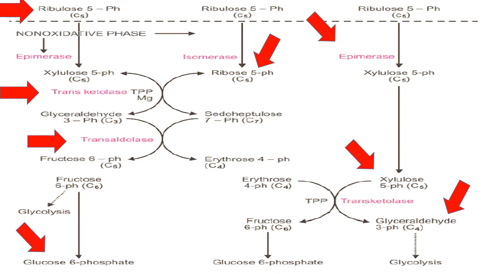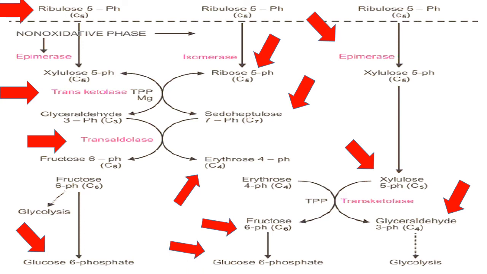Now in the center portion, that is basically running between the right and left reactions, through isomerase enzyme ribulose is converted into ribose 5 phosphate. Ribose 5 phosphate is then converted into sedoheptulose and then into erythrose. Erythrose 4 carbon is then converted into fructose 6 carbon molecule, and that fructose is then converted back into glucose